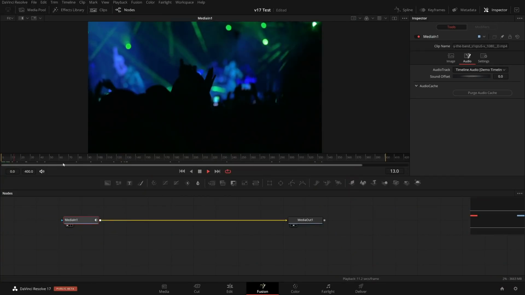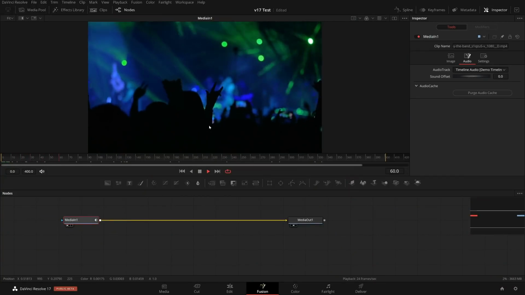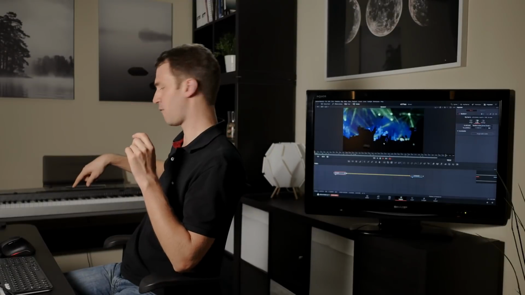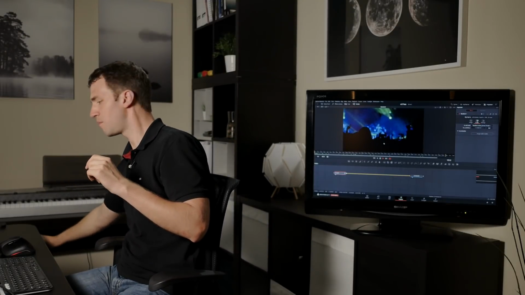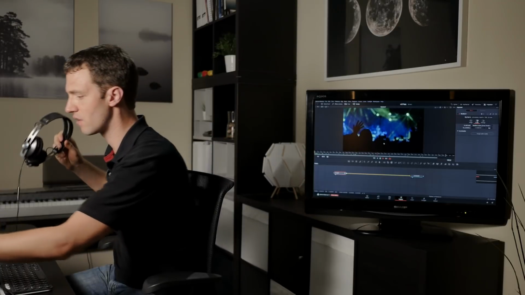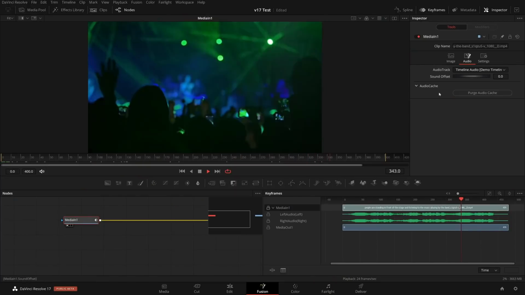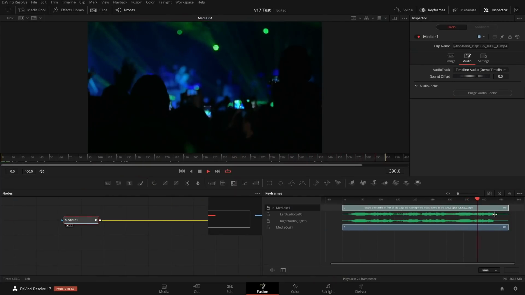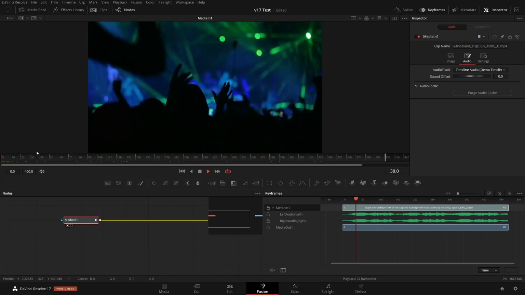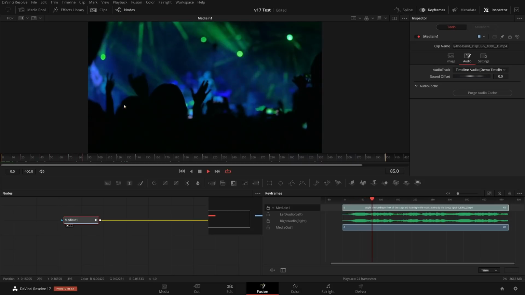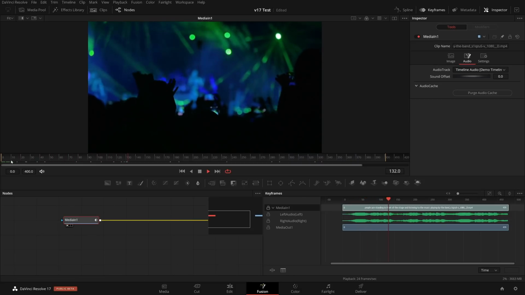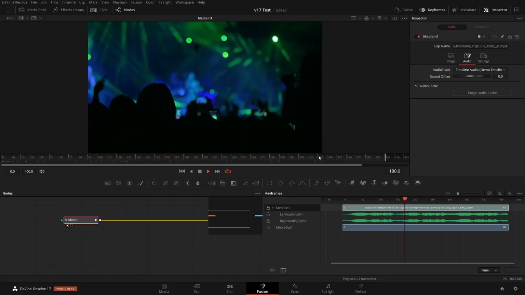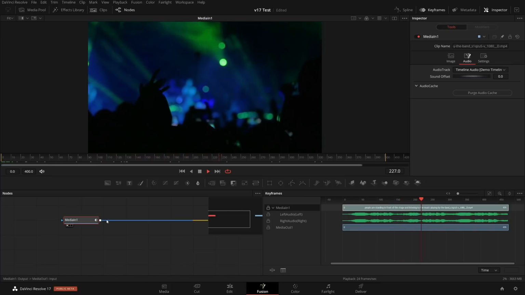So first of all, if I play back, I can actually hear it. My headphones here are playing it, and I might just turn down the volume so it's not interfering with the recording. And let me also show it to you. You see them here, and they are being cached, same as the images are being cached in Fusion. They're being cached to RAM as you play through the timeline. They're being controlled via the media in node.